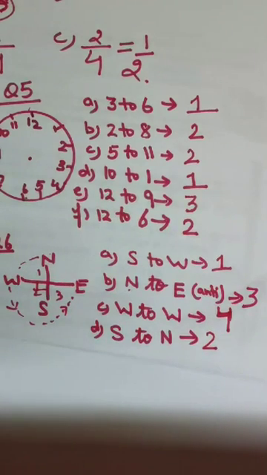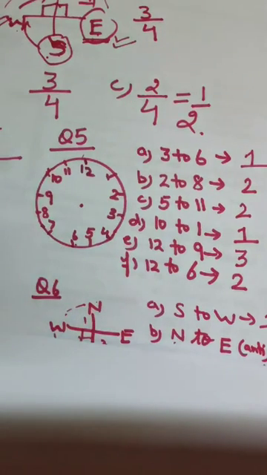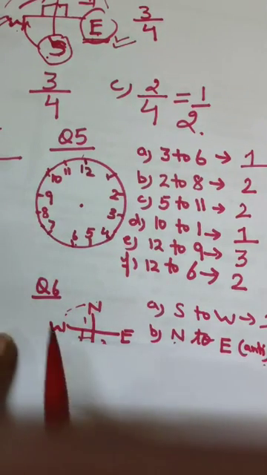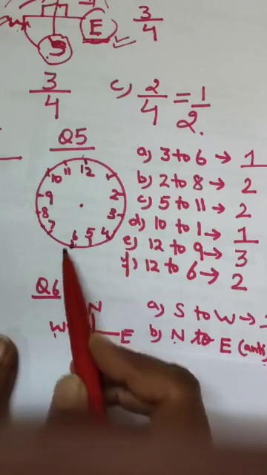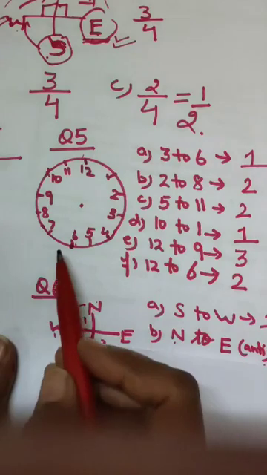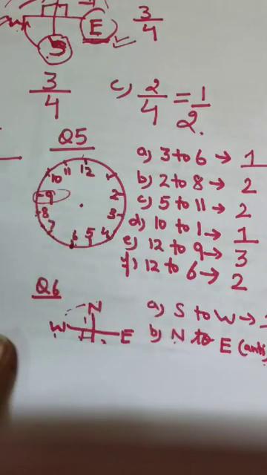Fine. Now question number 7. Where will the hand of a clock stop if it starts from 6 and turns through one right angle? It starts from 6 and turns through one right angle, in this clock. One right angle means the gap of 3. So turn from here, 1, 2, 3. So it will stop at 9.